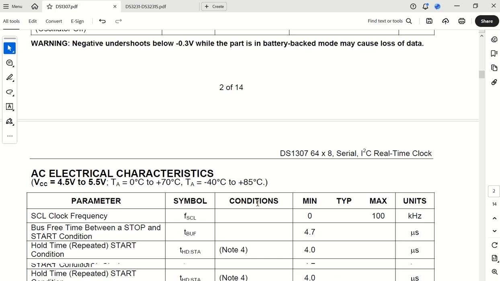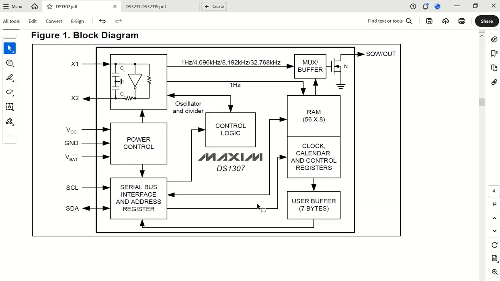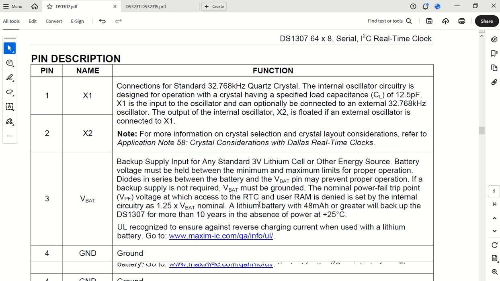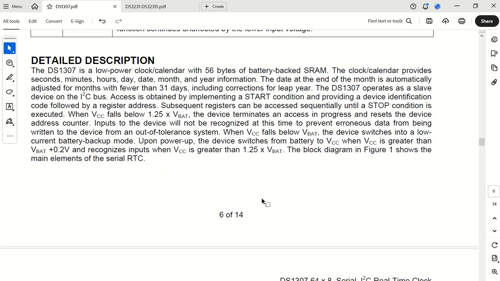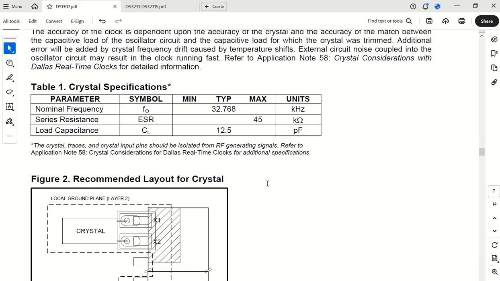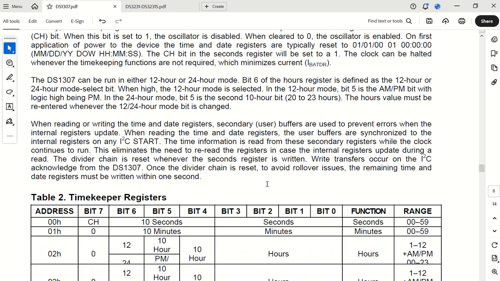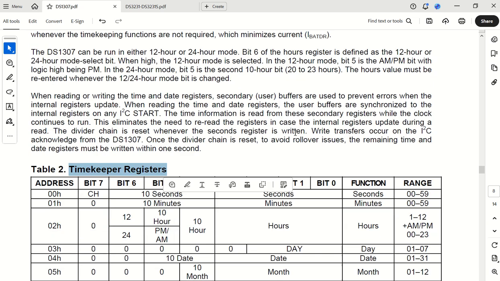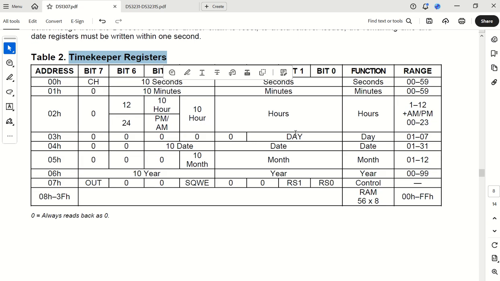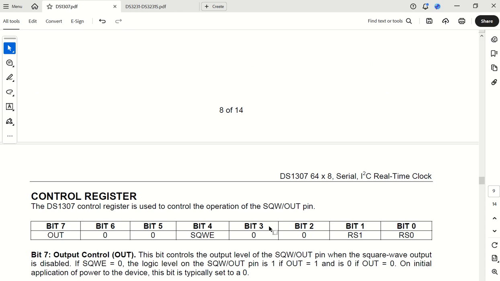So if I can go, I just want to point out a few things here. There's a lot of description in here, of course, but you can read through this whole thing yourself. I'm going to come back to these timekeeping registers just now. Just before we get there, I'm also going to just quickly discuss the square wave enable.